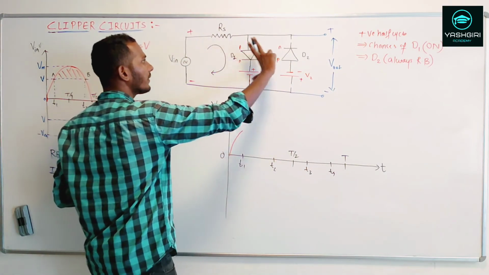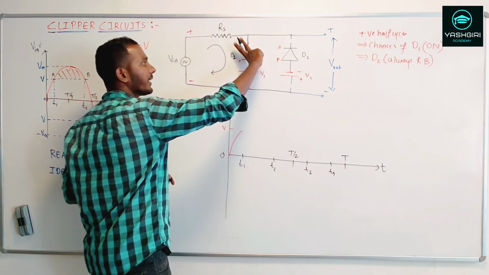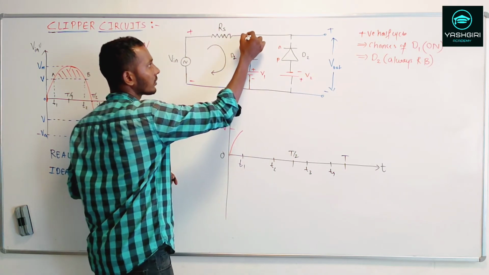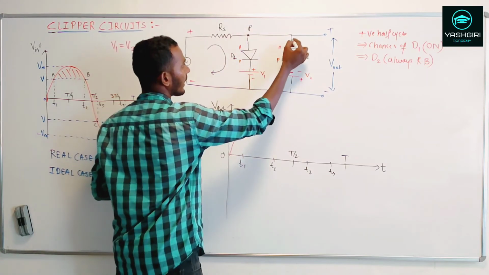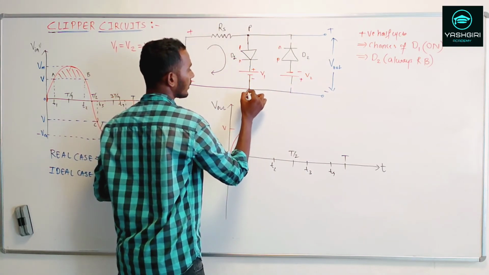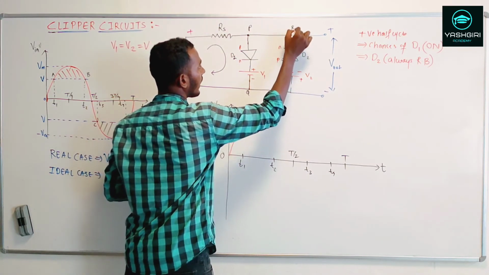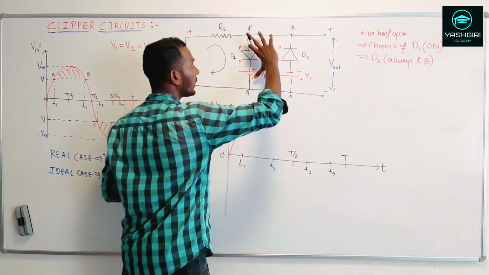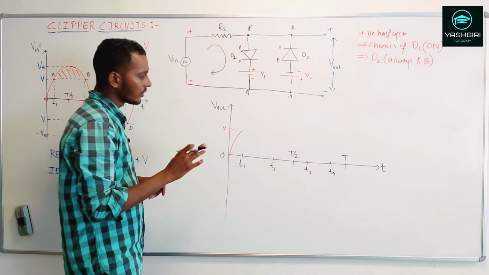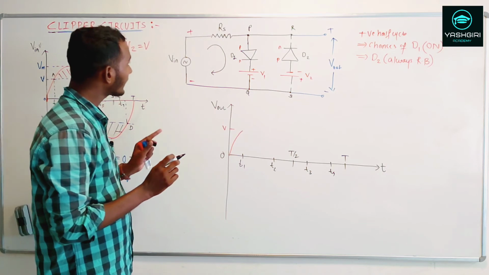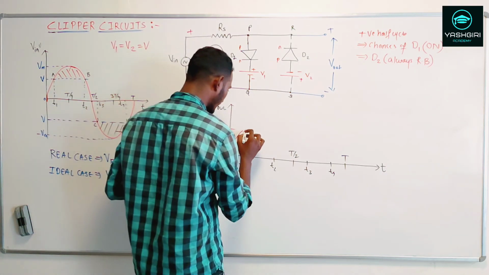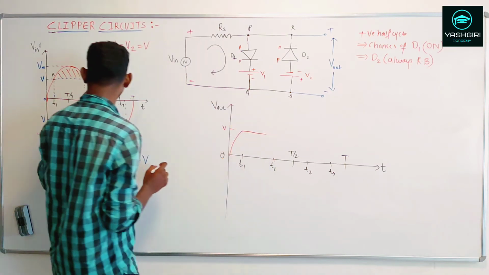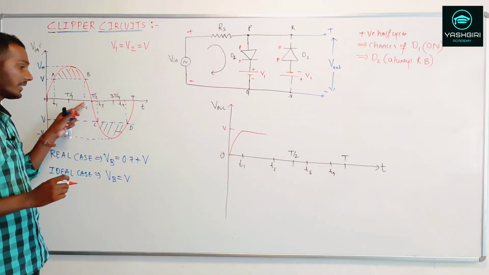Now when you measure the V out, you're basically measuring across this point. So let me name this point P, and let this be Q, R, and let this be the S. So you are basically measuring across PQ. So what you will get is, the diode is conducting, so you will see a flat line like this up till what point? Up till this point B, or you can say up till T2.